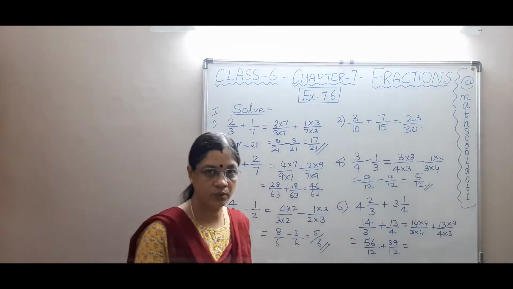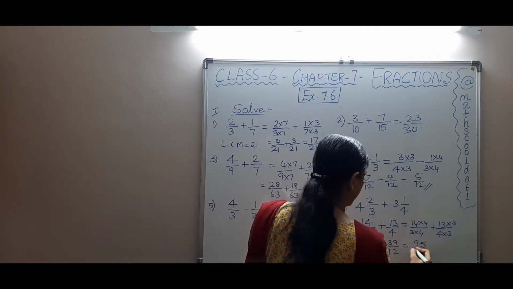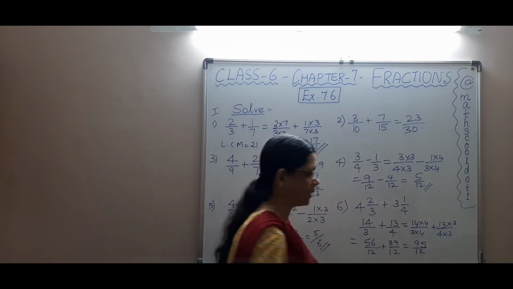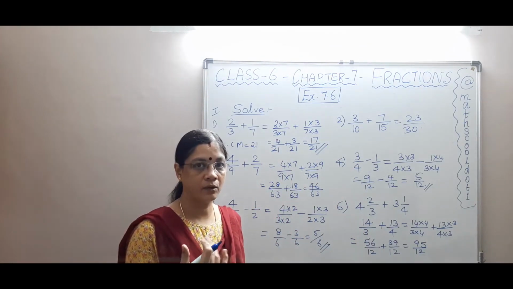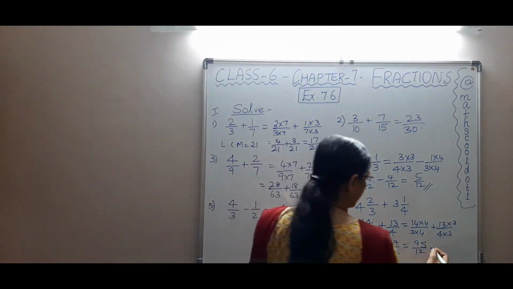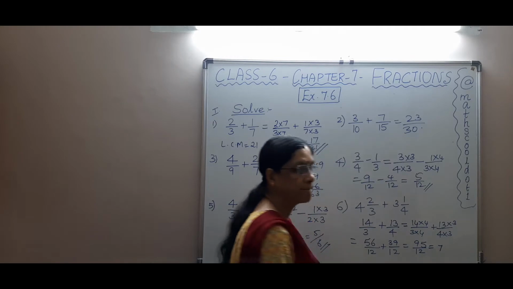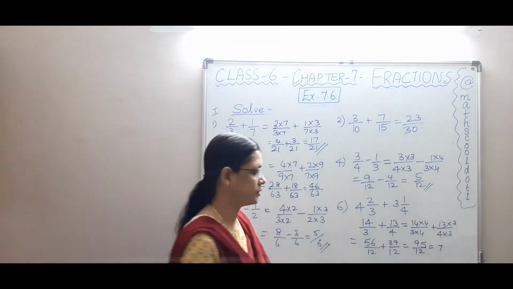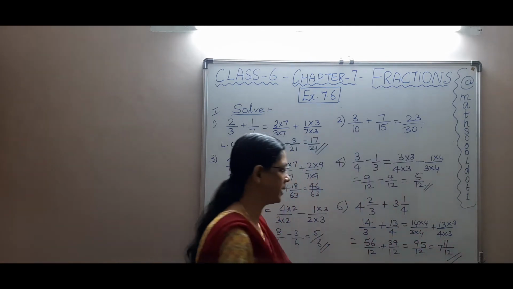We reduce them to their simplest form. So this becomes 95 divided by 12. If it were 96 we could just divide it, since 12 8s are 96, but this is 95, so I take 12 7s, which are 84. 95 minus 84 is 11, so 11 by 12. So 7 11 by 12 is the answer.